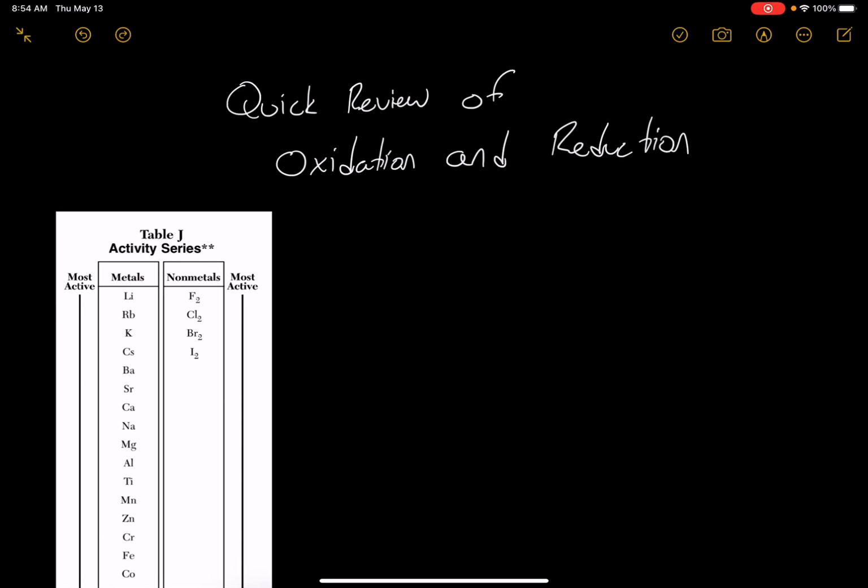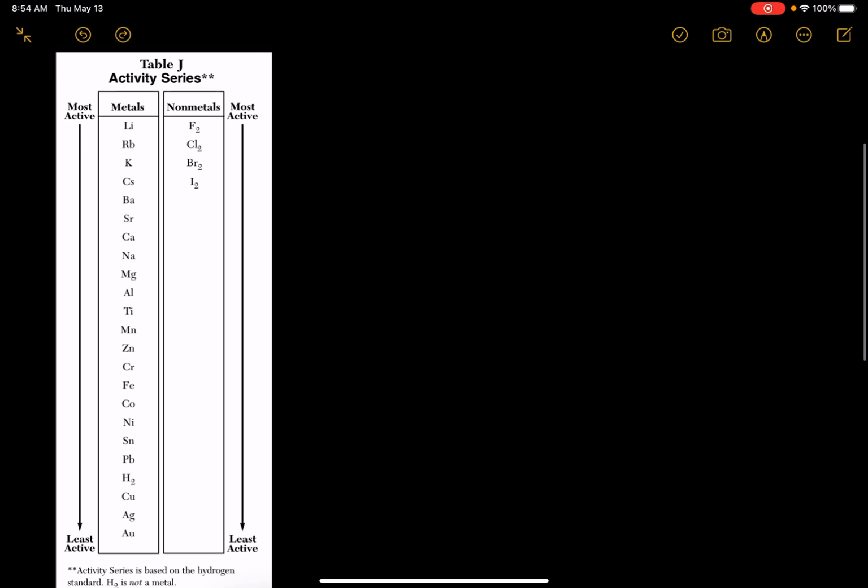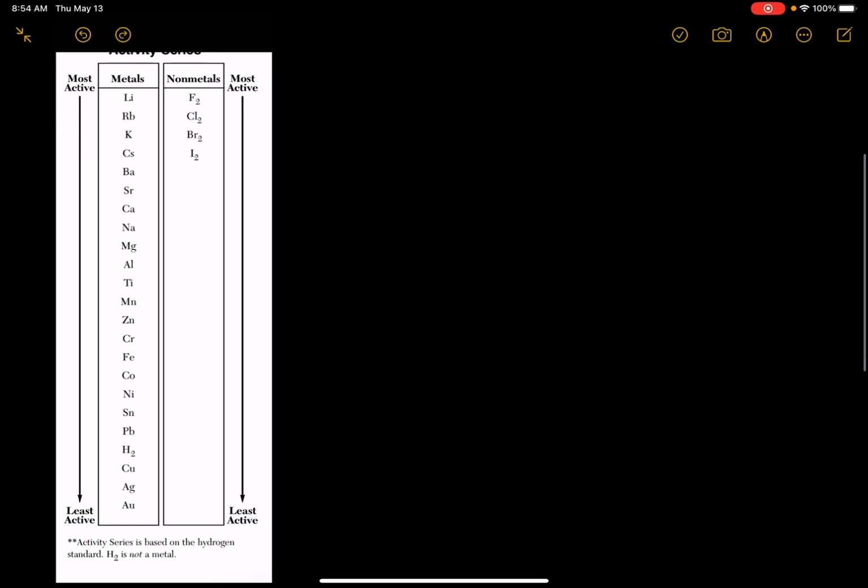All right, let's go over a quick review of oxidation and reduction and what we learned so far. This table is found in the reference table. It's table J. We'll come back to that in just a second. But first, I just want to talk about the first thing that we mentioned, these